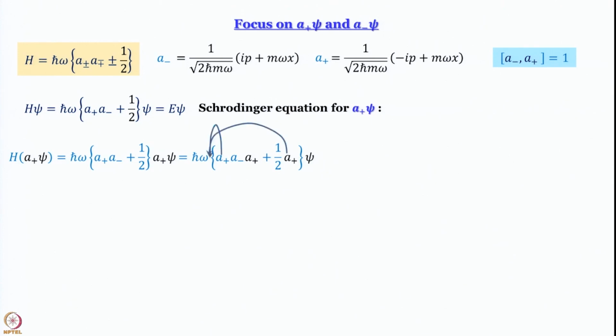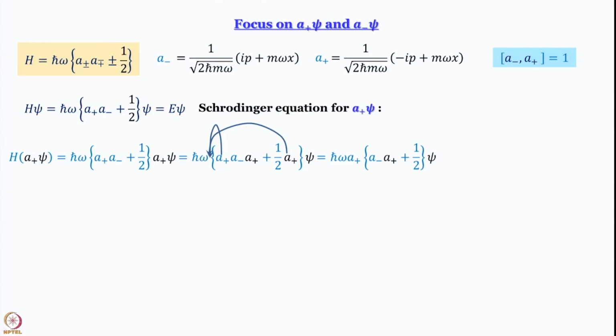So, what we do is that we like to take things common, and we will take this A plus outside the bracket. Remember, I cannot take any A plus, I have to take the one that is on the left. In the second term, that question does not arise, there is only one operator. In the first term, however, you have to be careful because you have A plus A minus A plus. I am taking this first A plus on the left outside. When I do that, I get H cross omega A plus operates on (A minus A plus half) operating on psi,